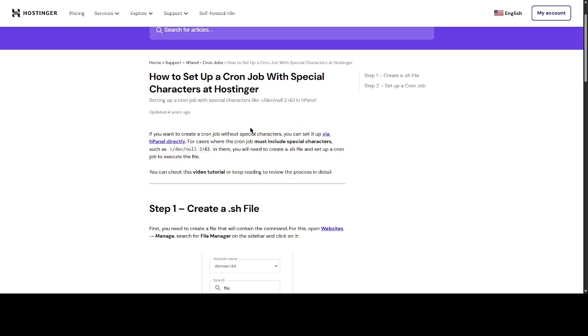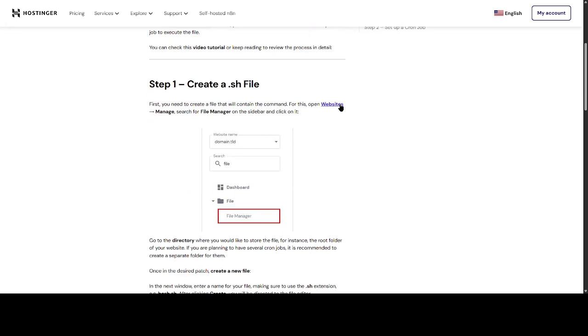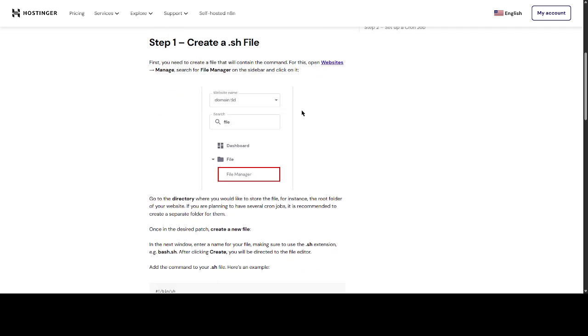Once you arrive at the Cron Jobs page, you'll want to click on Add New Cron Job. This button will allow you to set up a new scheduled task. Cron jobs are particularly useful for automating repetitive tasks on your server, such as running scripts at specified intervals. This is a fantastic way to ensure consistent performance and efficiency for whatever processes you need managed without regular manual